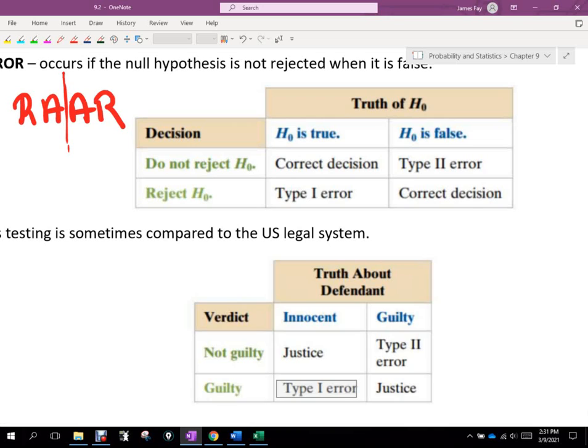So think about level of seriousness, and I don't know how you would argue this, but maybe that only impacts a small group of people, you and maybe your immediate family. Let's say that you were guilty, but we let you go. So the verdict was not to reject the null hypothesis. You actually committed a crime. Maybe you murdered somebody. We let you go. Now you are in the normal population as a murderer. Is that a level of seriousness that's pretty high now for the entire population? So level of seriousness on type 1 and type 2 error